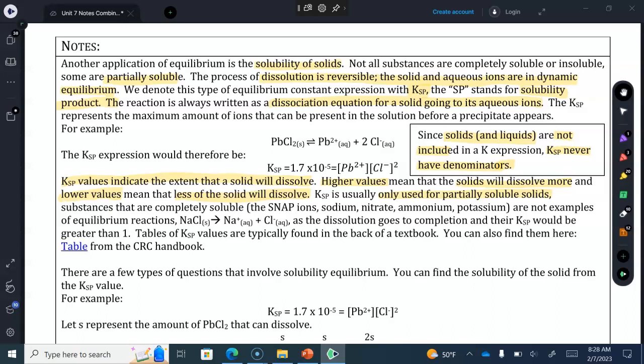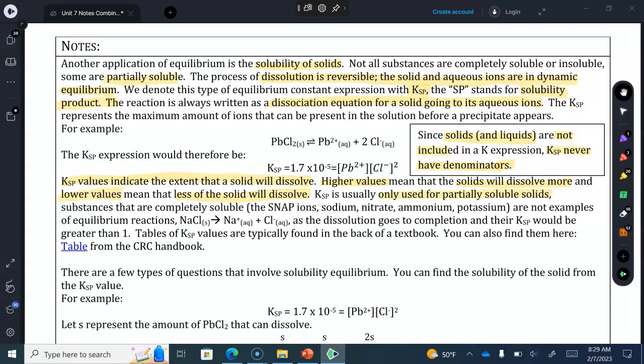And the Ksp, or the solubility product constant, lets us see how soluble something is, or how much might dissolve. The process of dissolution is reversible. The solid and aqueous ions are in dynamic equilibrium. We denote this type of equilibrium constant expression with Ksp, where the sp stands for solubility product. The reaction is always written as a dissociation equation for the solid going into its aqueous ions. The solubility product constant therefore represents the maximum amount of ions that can be present in the solution before a